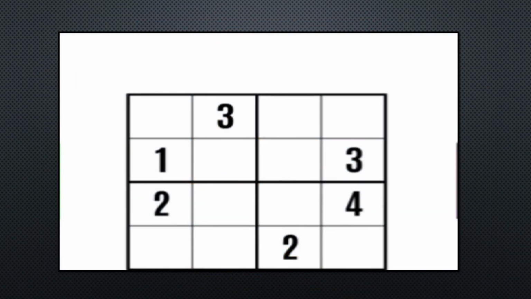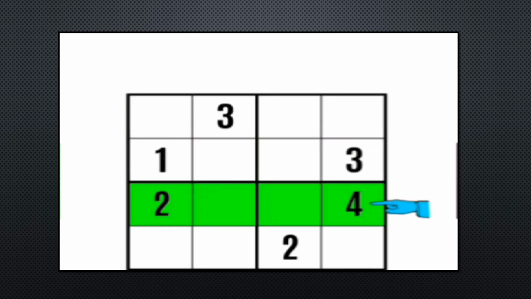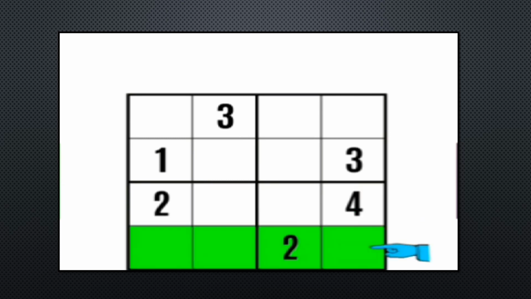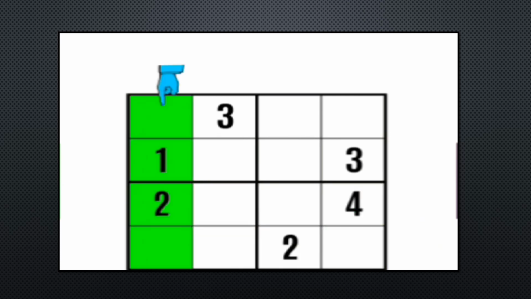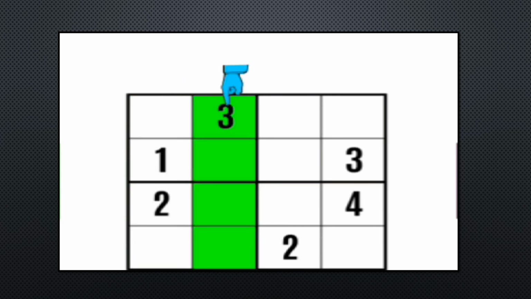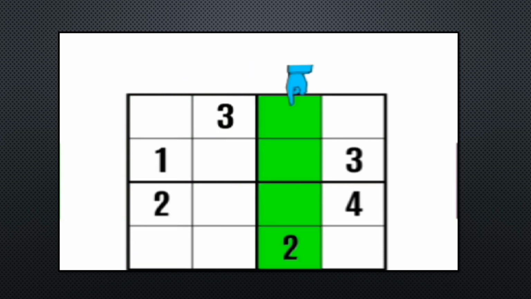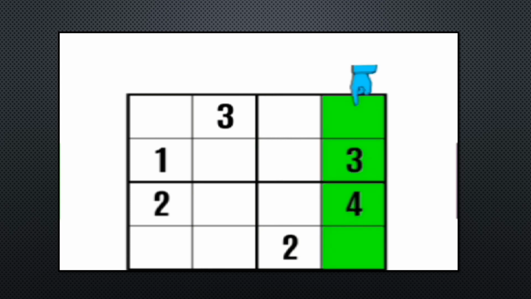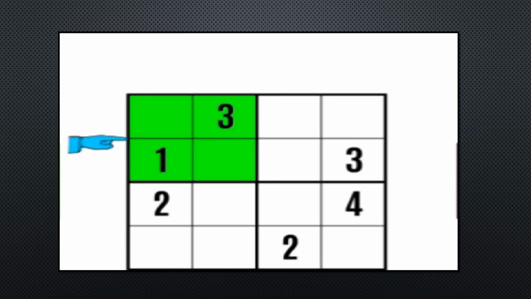Children, as you can see, a mini Sudoku 4x4 consists of a grid of 16 cells. Some contain digits, possibly from 1 to 4, and others are empty. Here is an example of a puzzle. The grid can be divided into 4 rows, four columns, as you can see in the picture, and 4 boxes.